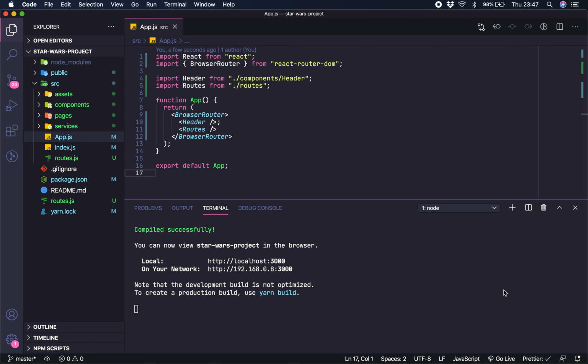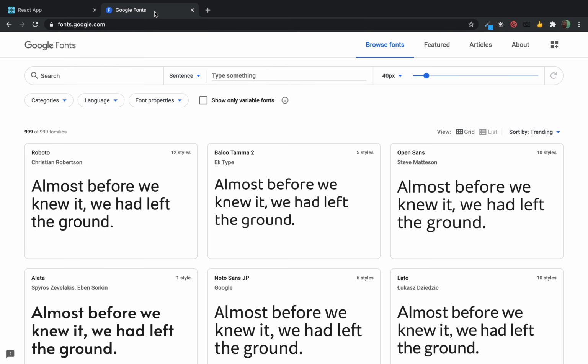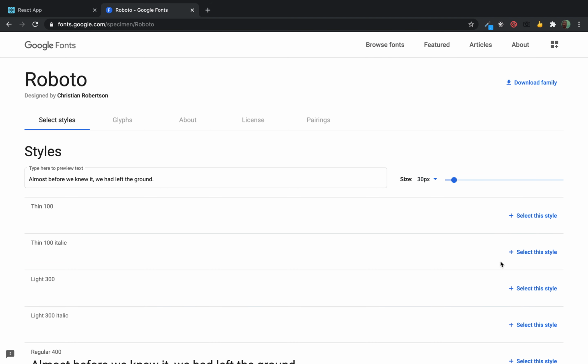In this class, we're gonna build a global style. So let's do this. First of all, I have here my project, okay, running, and I will access the site Google Fonts. Once we are here, let's take the font Roboto, okay, by clicking, and let's import two